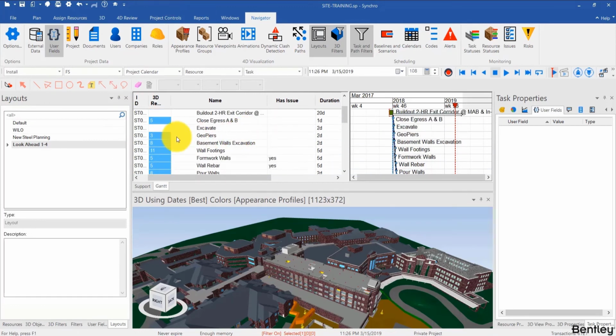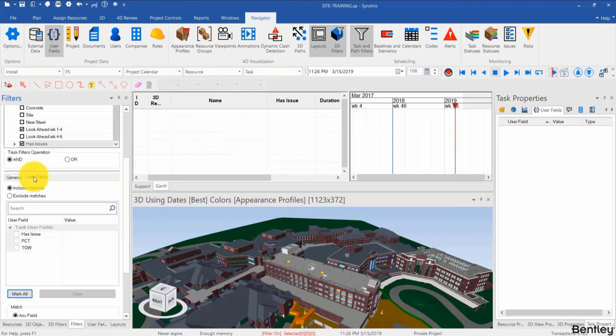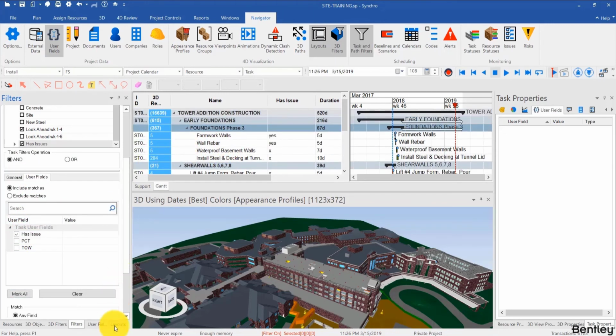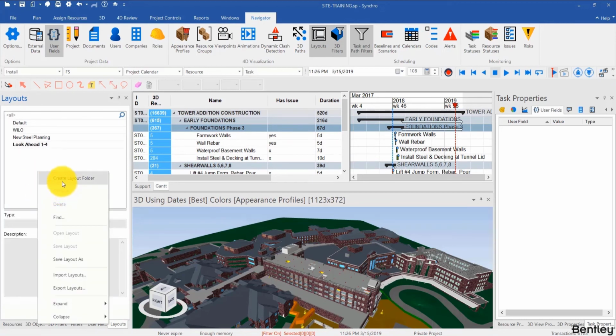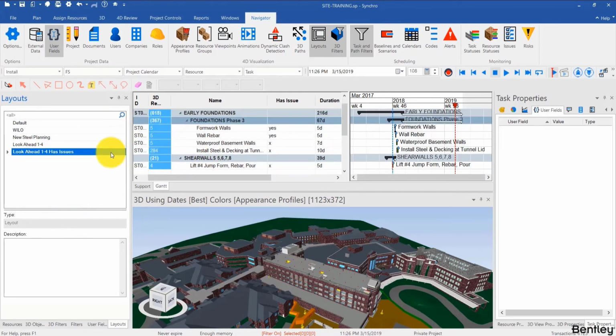As long as there's something in there, it's going to be included. And you can point those out. In addition to that, you can create a filter for only what has issues. So that would be a user field, and has issue is there. So it's only showing those. And that could be another layout called Lookahead 1-4 has issues. So you can start your meeting with addressing those activities,